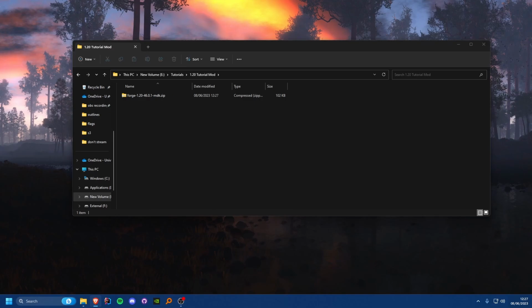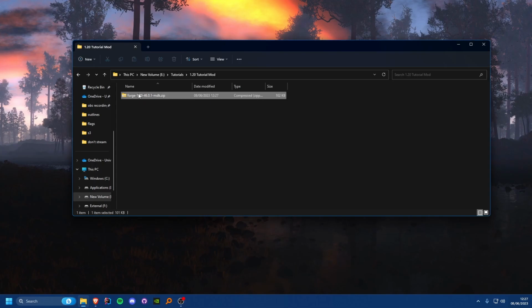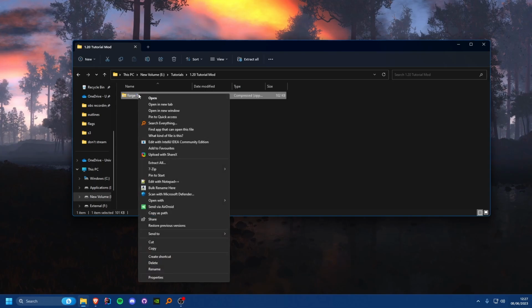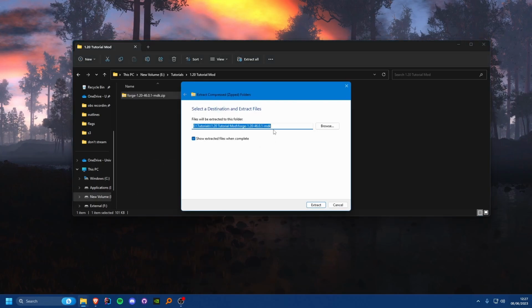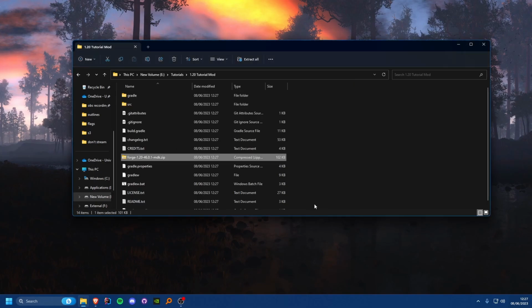So once we have done that, we can come to this zip here, we can right click, and you can do extract all, and you just want to extract it all to this same folder, and you'll see a bunch of files get